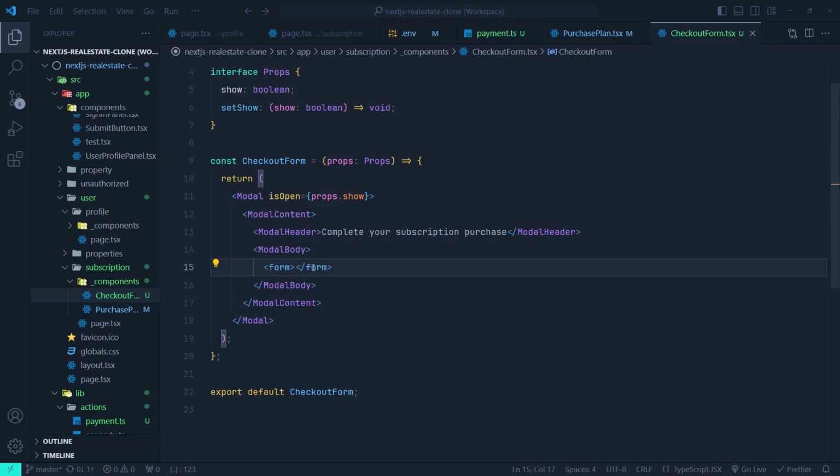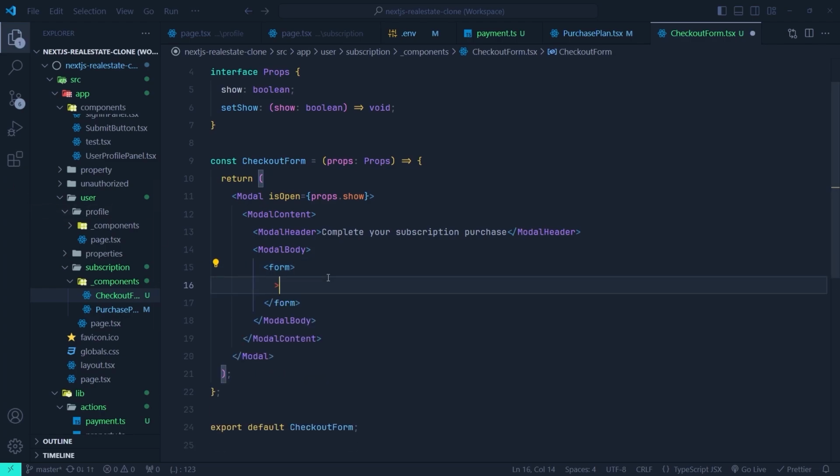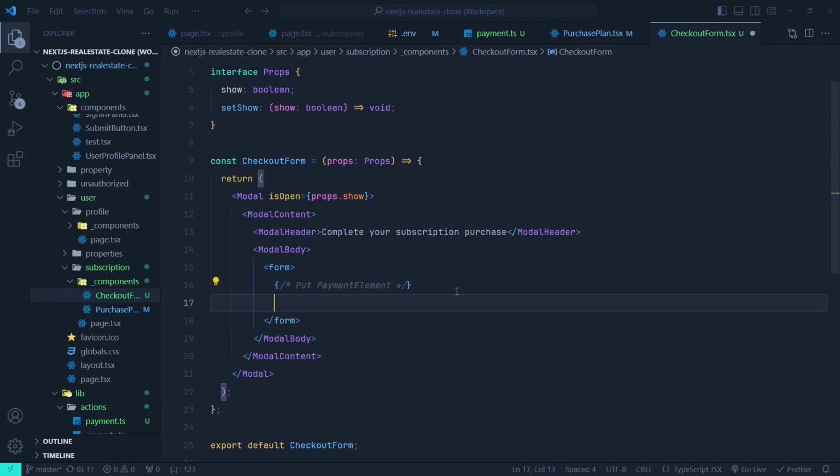So as I mentioned before, we don't need to create the payment elements from scratch. We just use the components that are offered by the React Stripe. For now, we don't want to put the payment element, so let's add a to-do here, put payment element. We're going to get back and put it here later in this video, but for now, let's add the buttons